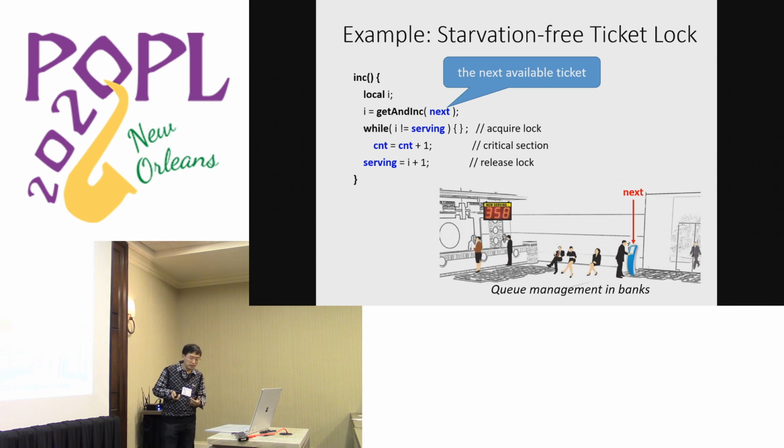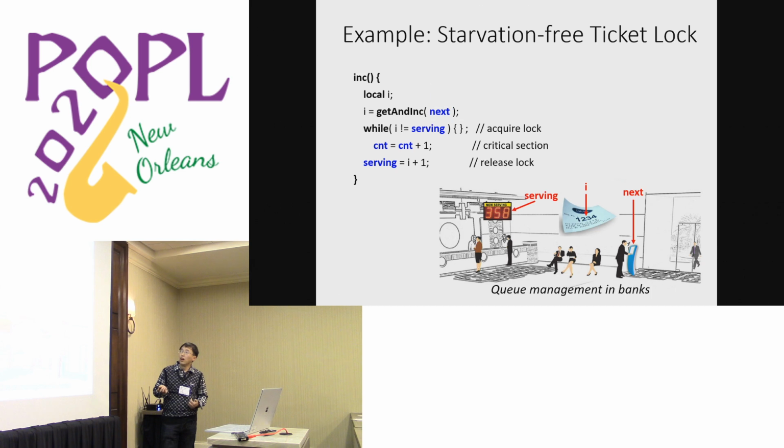So it guarantees that eventually every thread waiting for the lock will get the lock. So it's a fair implementation of lock. I'll just skip the detail here. And then,